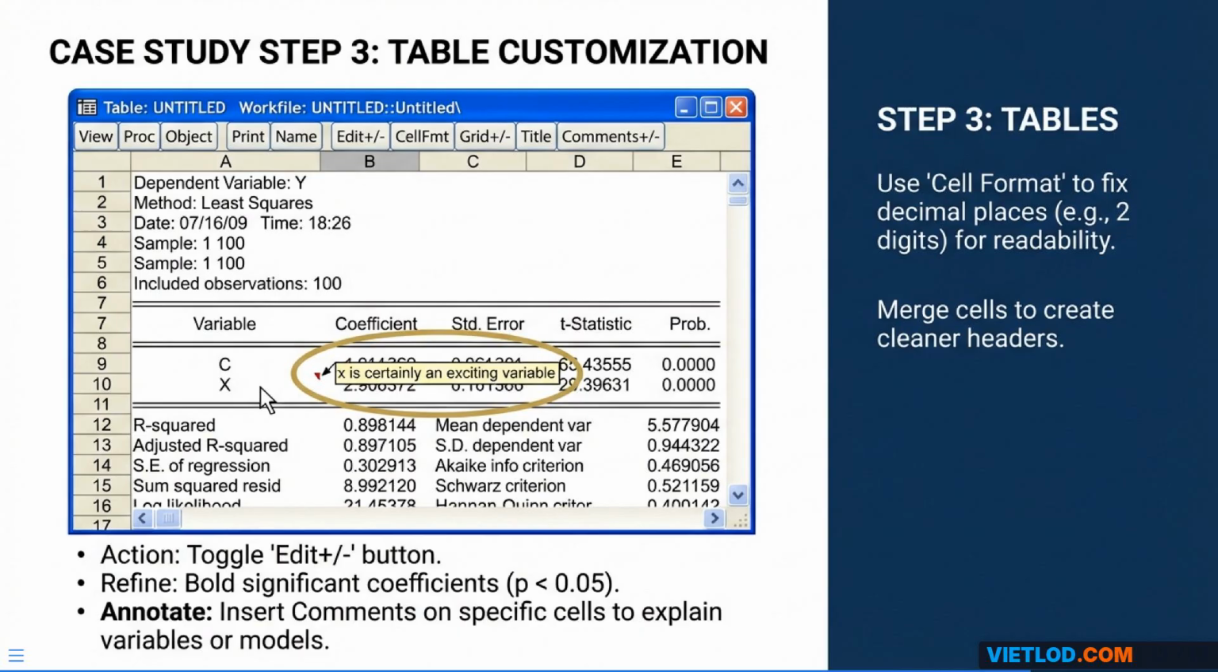For our regression output table, we first freeze it, and then click the Edit +/- button to enable manual editing. A common refinement is to highlight statistically significant results. We can select the coefficients with a p-value less than 0.05, for example, and make them bold to draw the reader's eye. We can also annotate the table. By right-clicking a cell, we can insert a comment to explain a specific variable or clarify the model specification, as seen with